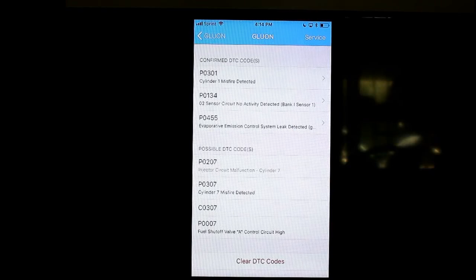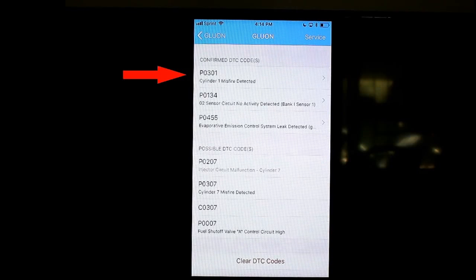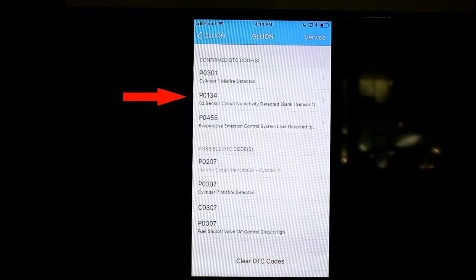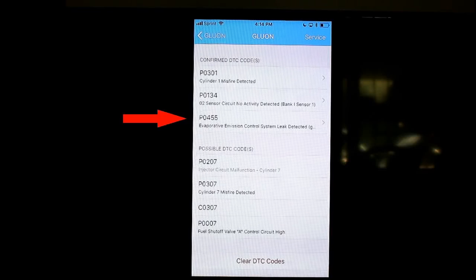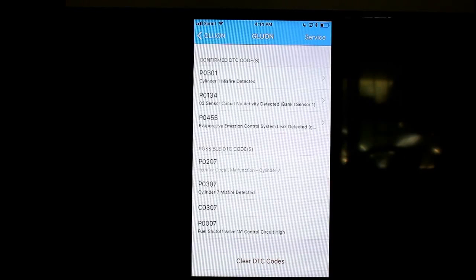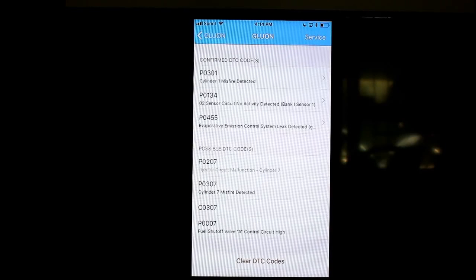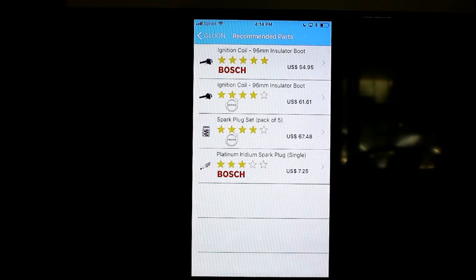Right, so in this section of the app, this is where the Diagnostic Trouble Code would be stored. And here in this example we have a P0301, a P0134, and a P0455. These are emission codes. Diagnostic trouble codes that could get triggered due to a part that's failed, or multiple things. But I'm going to click on P0301 at the top, and that directly leads me right